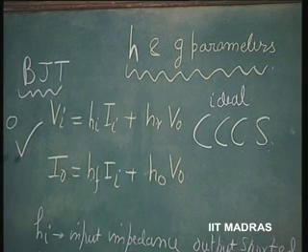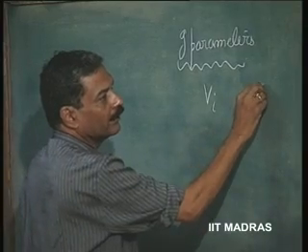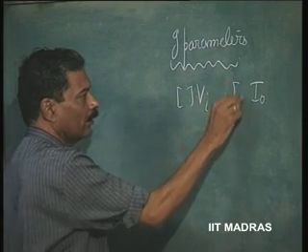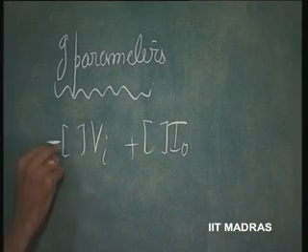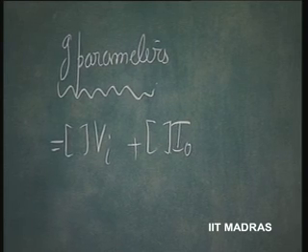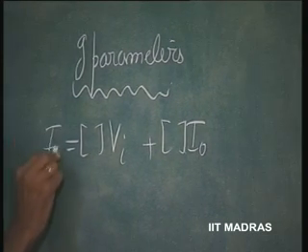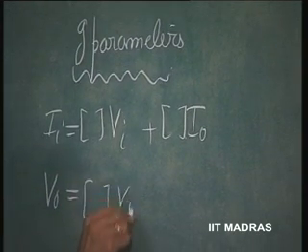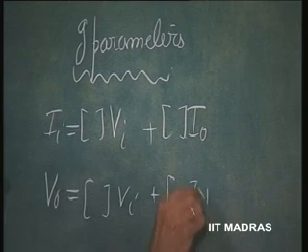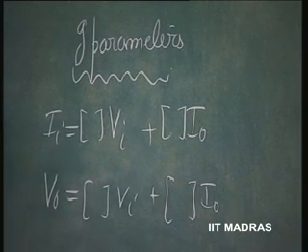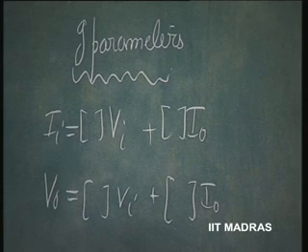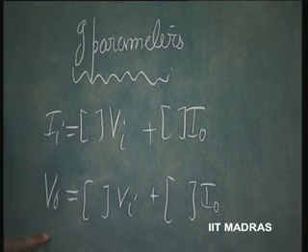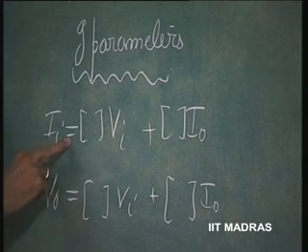Here we will have Vi and I naught as independent variables, and this will in turn represent II and V naught. So, Vi and I naught are the independent variables, and therefore we will express I and V naught in terms of them linearly. I therefore is equal to G